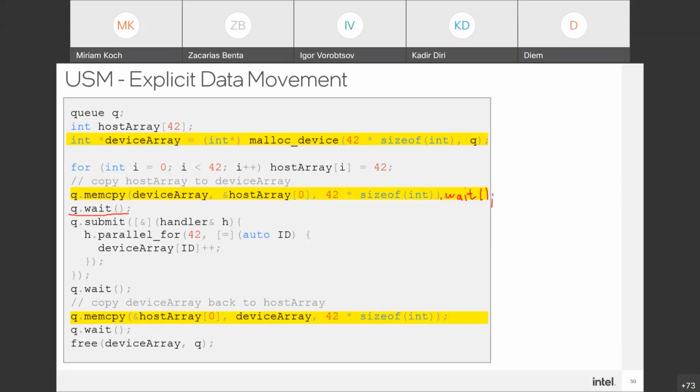Why is it better? There is actually a difference between this statement and this statement. And the difference is usually in SYCL, since it's